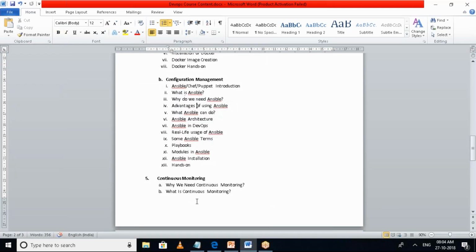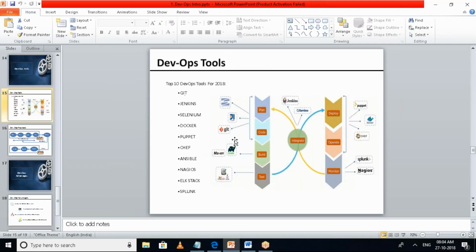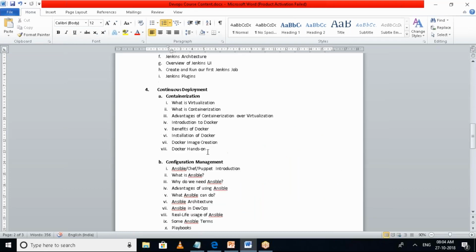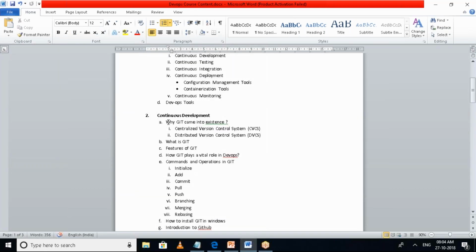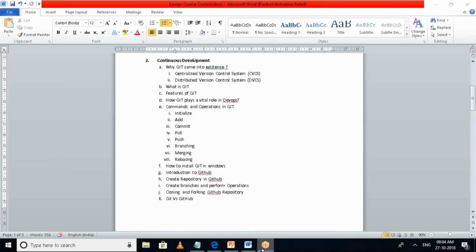These are the phases of our development life cycle. As part of each phase, we'll go into detail on each and every tool and learn it.